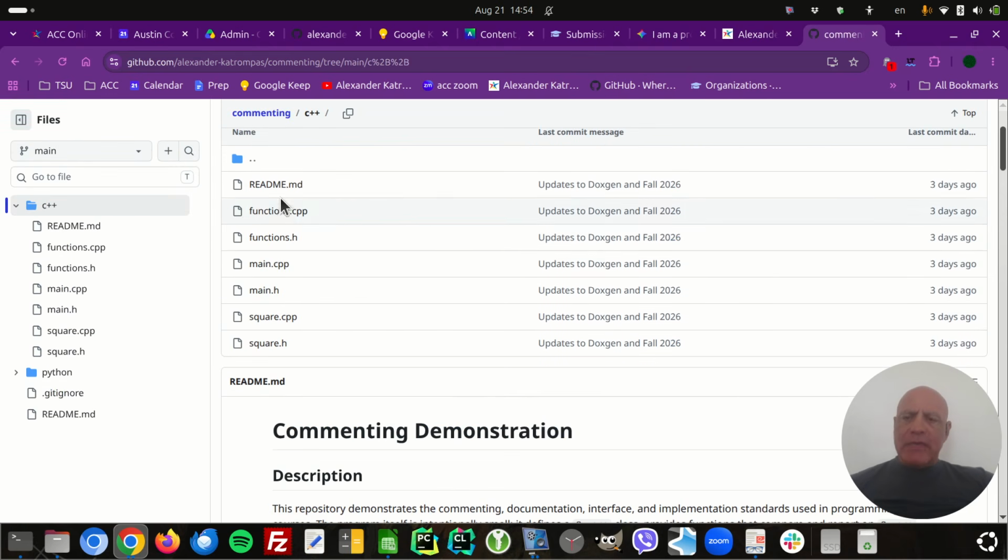Now, what I've tried to do is give you an example of each kind of file that you're likely to work with in coursework, and the most common files you're going to work with professionally as well. So we're going to take a look at each one very quickly. I'm just going to highlight it so that you understand the highlights, but then you have to come back and look at it closely.